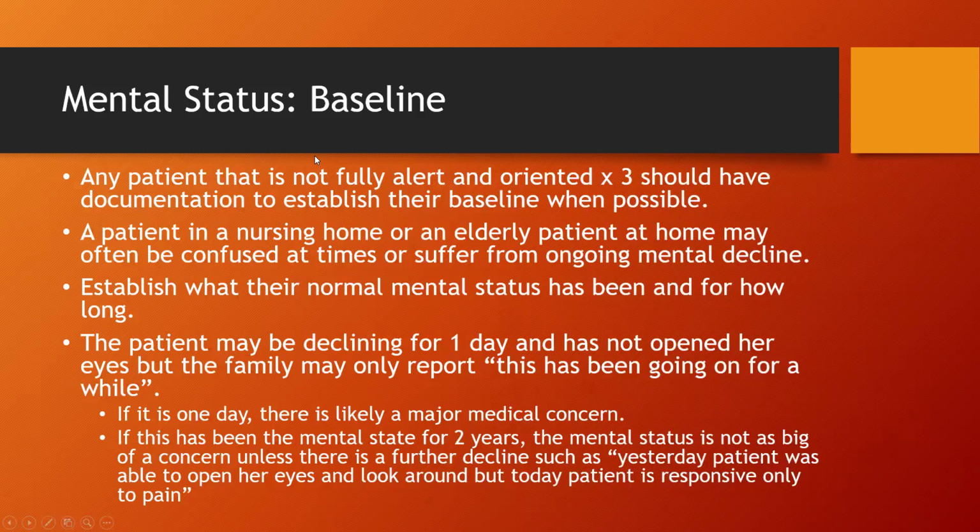Establishing the baseline mental status for most of these patients is going to be very helpful, because if you have a patient that is alert and oriented times 3, fantastic, we're going to document that. But if we have an elderly patient at home or in a nursing home who may suffer from dementia or Alzheimer's or some other medical decline, we want to establish what their normal looks like. If we find a patient at home who is confused, is that normal for the patient, or is that new, started this morning? If it's new, I'd be a lot more concerned for that patient I'm treating for altered mental status. If it's baseline, I want to make sure I document that this is normal for the patient.